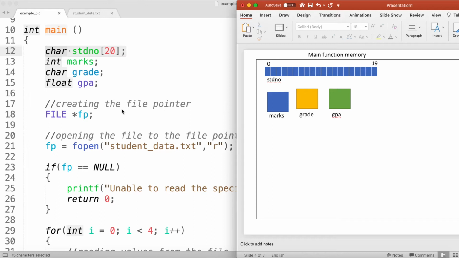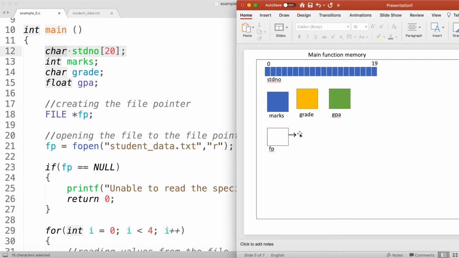After that, I'm going to execute the FILE *fp statement. In that statement, I'm creating a file pointer. After execution of that statement, this is how my memory looks like. fp is a pointer variable, so that is why we have an arrow. It can point somewhere.